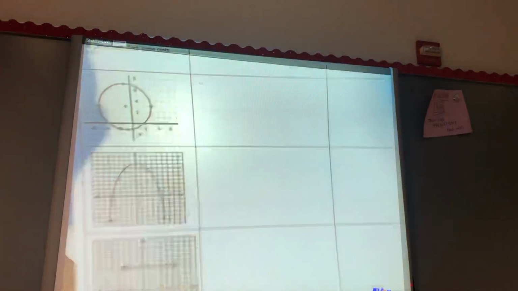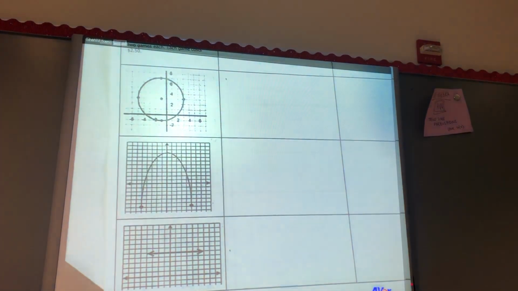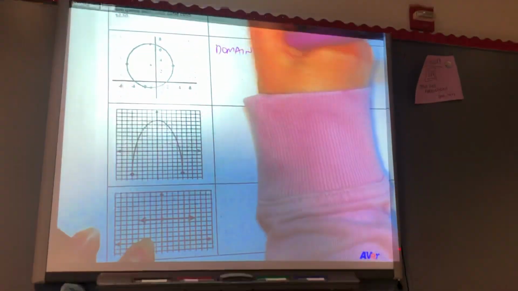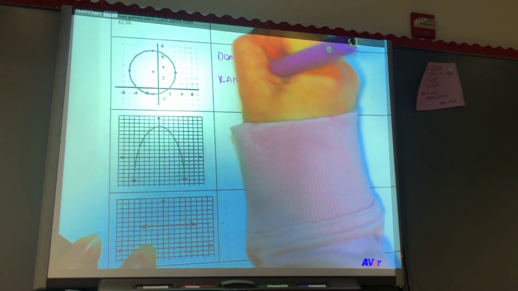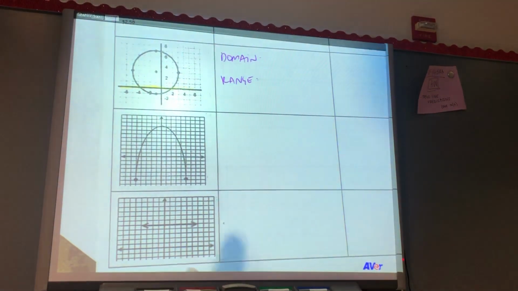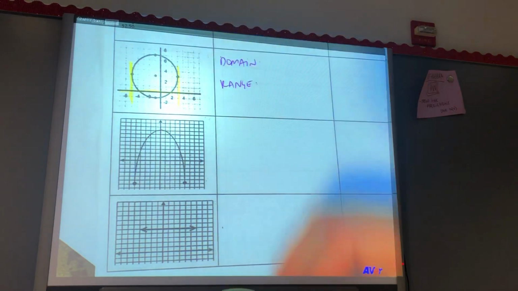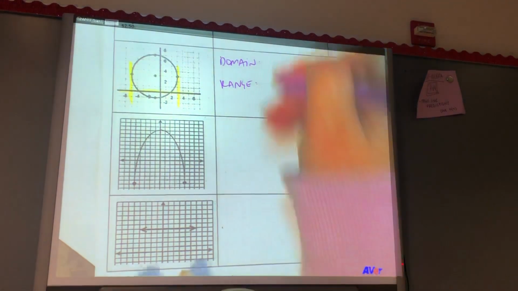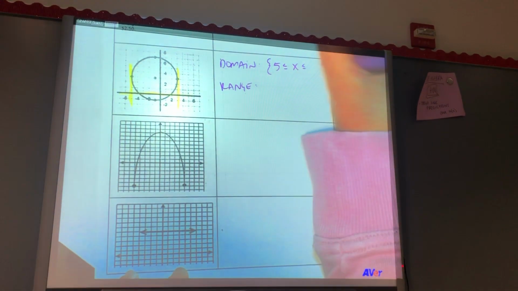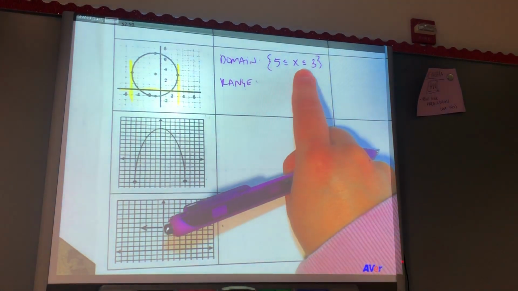Alright, let's do a few more. Let's talk about ones like these. Okay, so this circle. Still pretty easy. We still only look at the x-axis. Looks like I start right about there, which is 5, and right about here, which is 3. So my domain goes from 5 to 3. This reads 5 is less than or equal to x is less than or equal to 3,